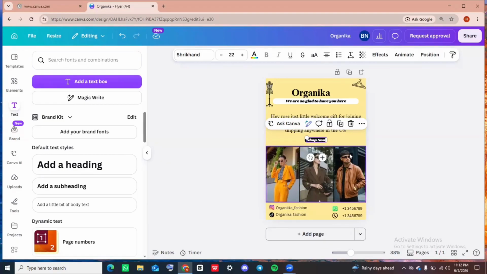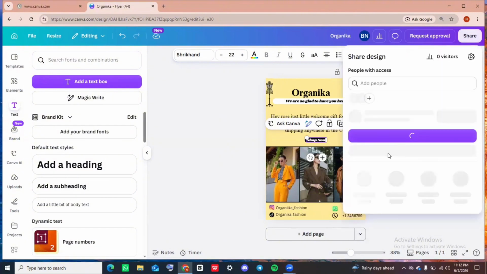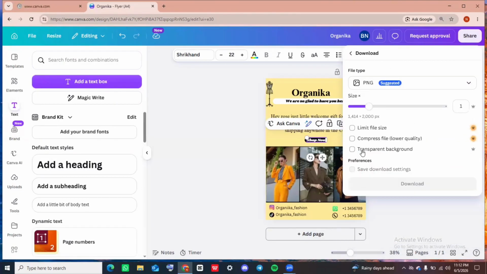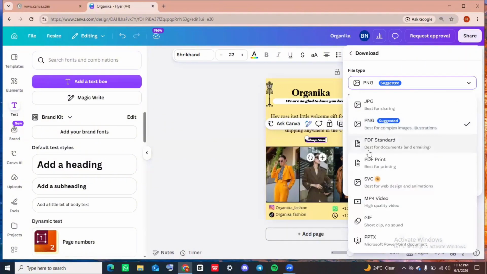Now, if this is downloaded as a normal picture, of course, the link here would not work. You want to download it in PDF. Now, let's go to share. Go over to download, and then you want to go to the file type. Please do not download in PNG. You want to click on this arrow and download in PDF. You can see best for documents and emailing. You want to download in PDF standard so that the shop now button can also be clickable and it can